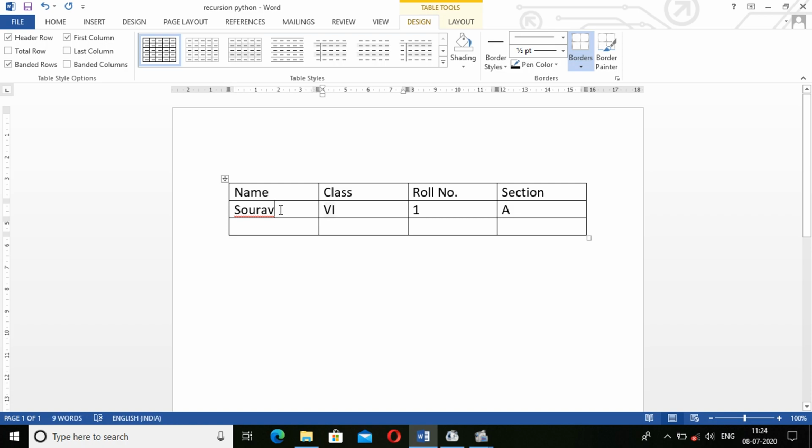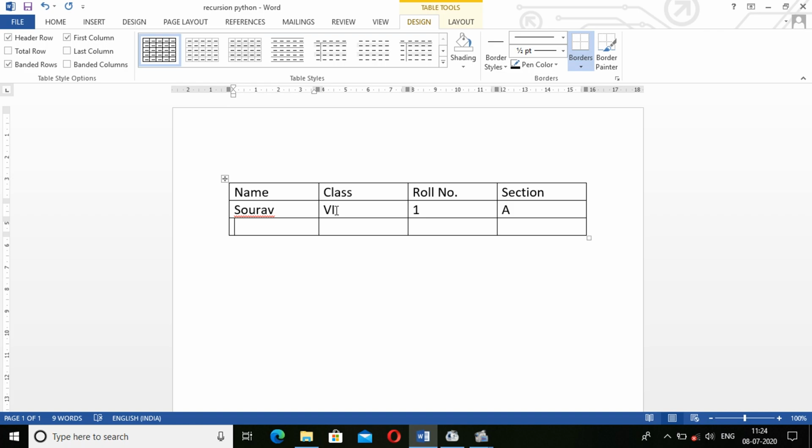Whenever I press Tab, the pointer shifts to the right, jumping to the next cell. You can also do this by using your arrow keys. Suppose you press the right arrow, see it is going right. If you press the down arrow, it goes down, and left, it goes left.